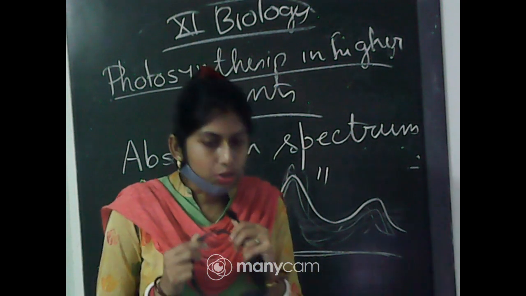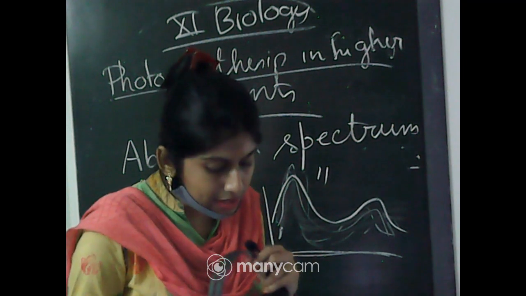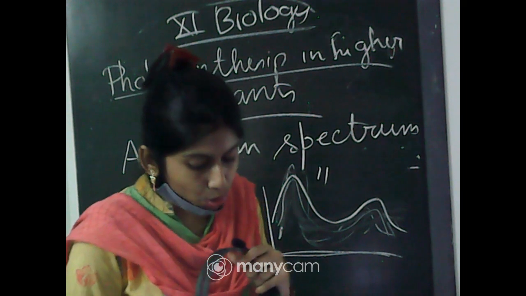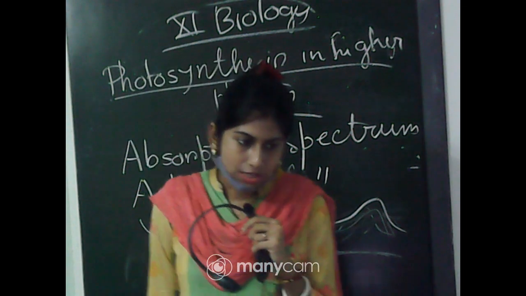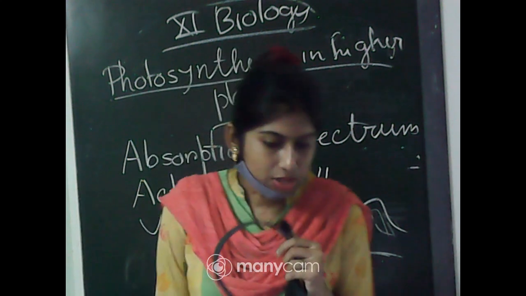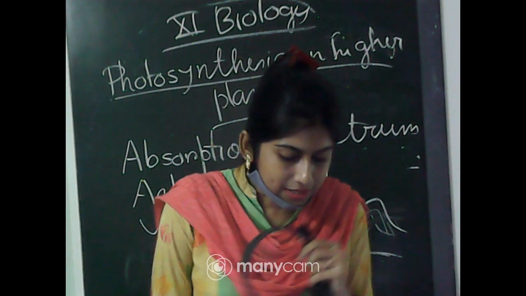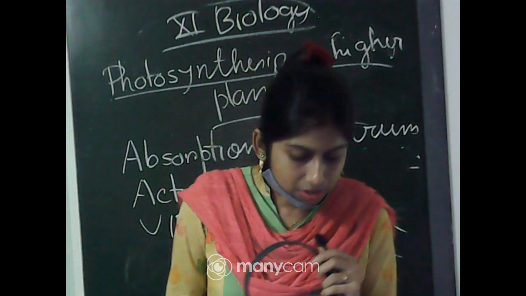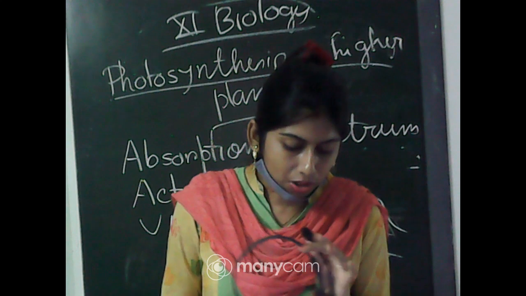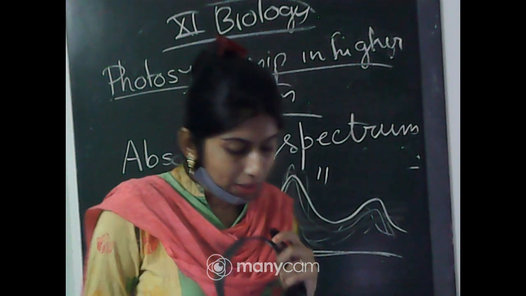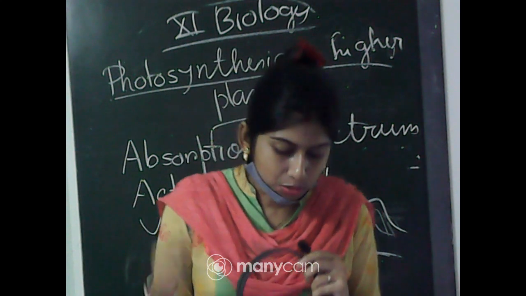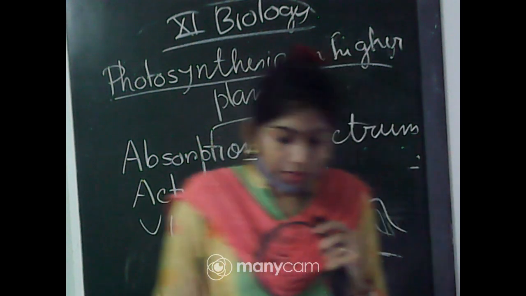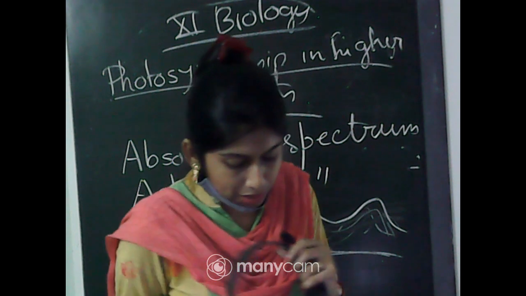Okay, and as we know, some photosynthesis does take place at other wavelengths of the visible spectrum. You know that chlorophyll is the major photosynthetic pigment, and some accessory photosynthetic pigments are present on the thylakoids of the chloroplast, like chlorophyll B, xanthophyll, and carotenoids, which are called accessory pigments, and they will absorb the light energy and transport the energy to chlorophyll A.